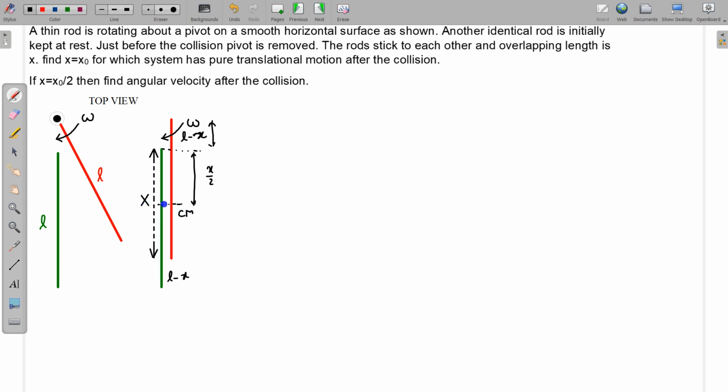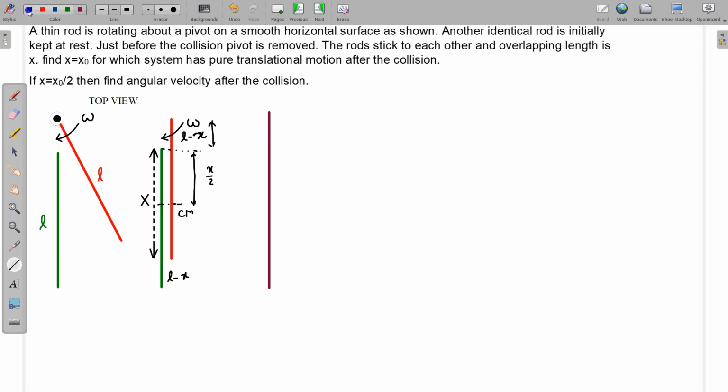The center of mass of this whole system will lie on this line. Just after collision, what is the situation? Let us draw. Just after the collision, I am drawing the system just by a line here. The system is something like this,